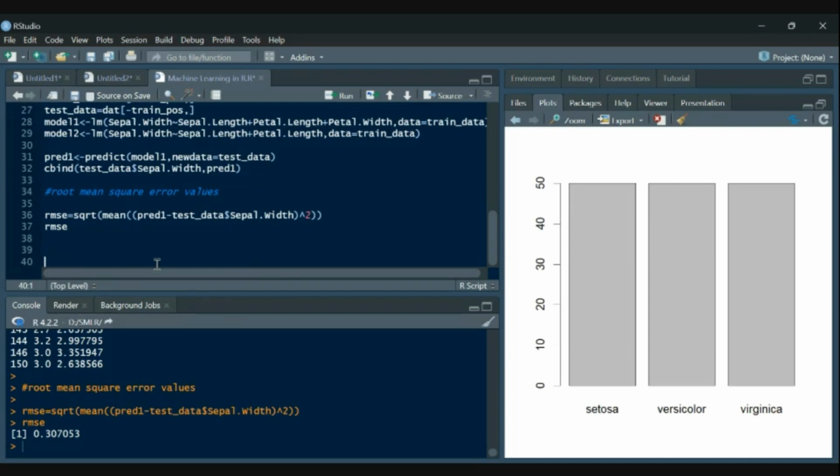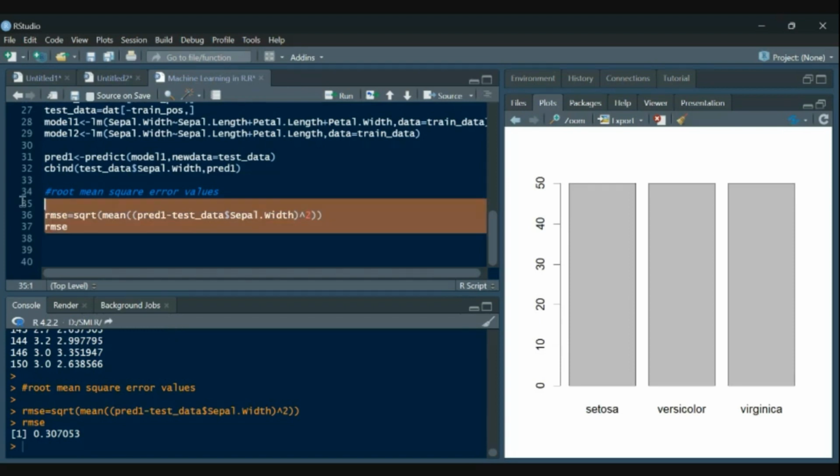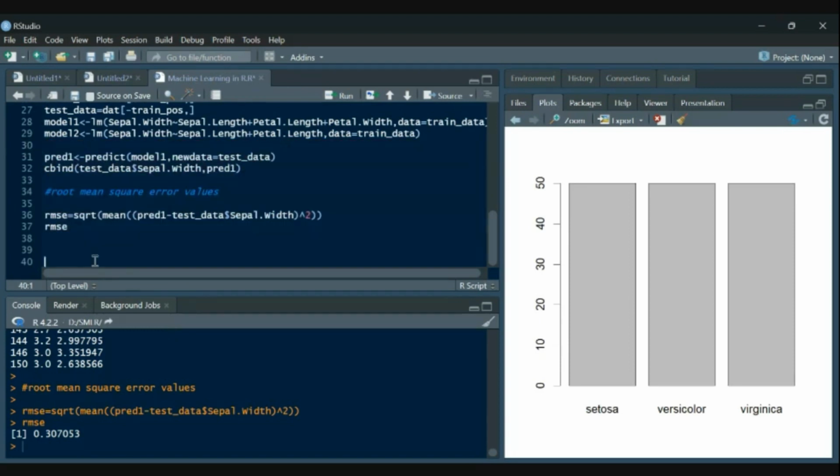The basics of the training and test set are completed up to this point. But what I want you to learn is how to get the minimum error or the better model for prediction, basically in machine learning. So let's move to functions.